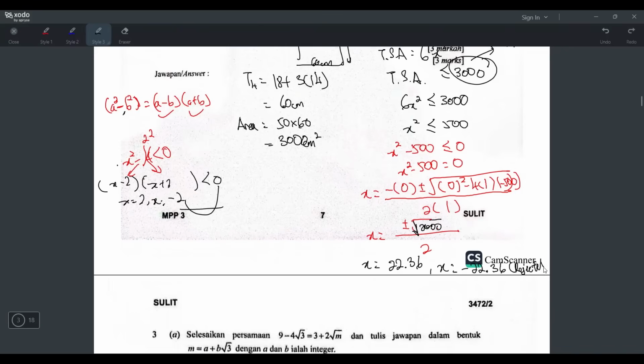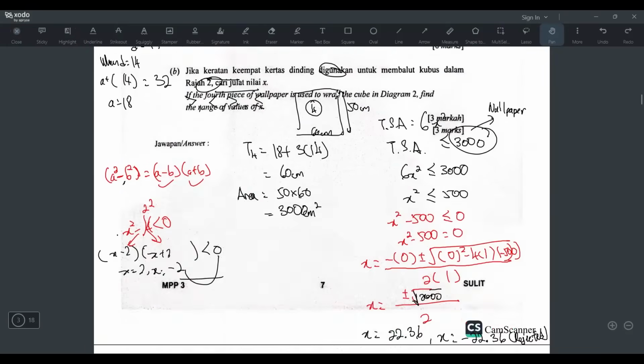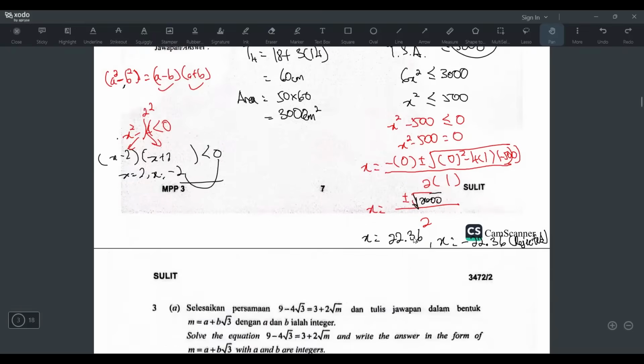All right, I will write rejected here. And the reason is very simple, because x is the length of the cube, right? You remember it's the side of the cube. So how can the side of a cube be negative? So this is the answer. But wait, hold on a minute. You remember just now